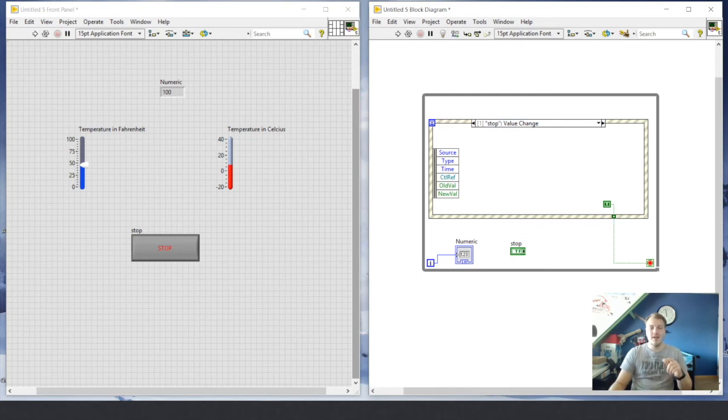Alright, so in the next video I will show you a case structure, because so far we've been using case structures true or false, but there are more